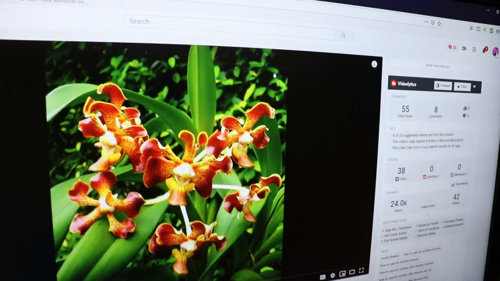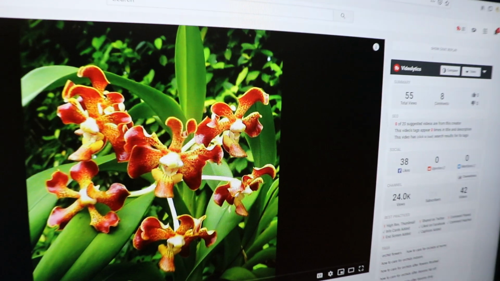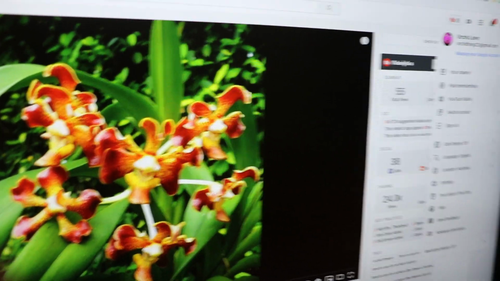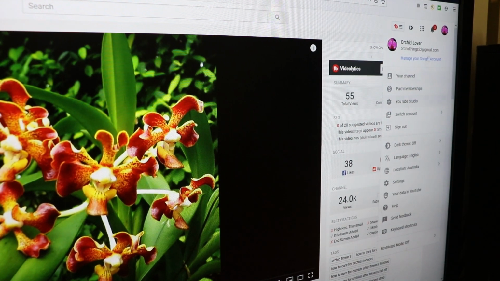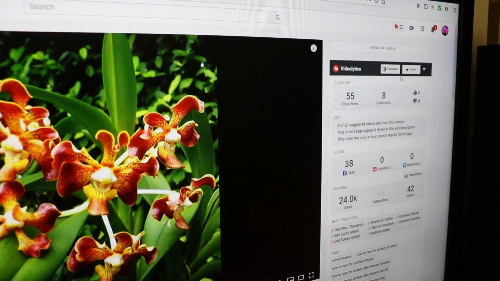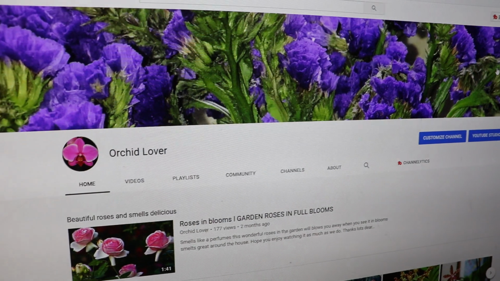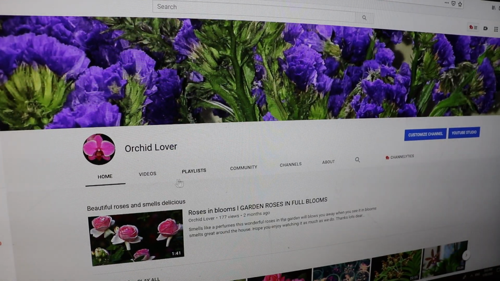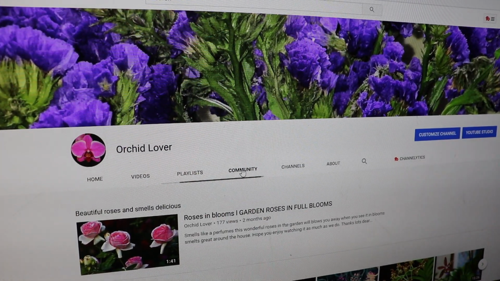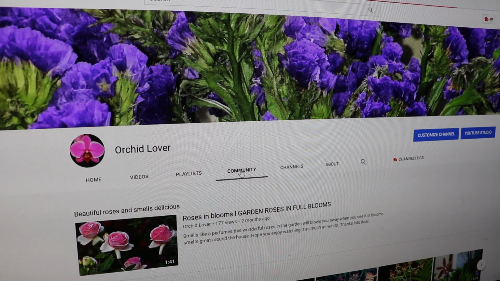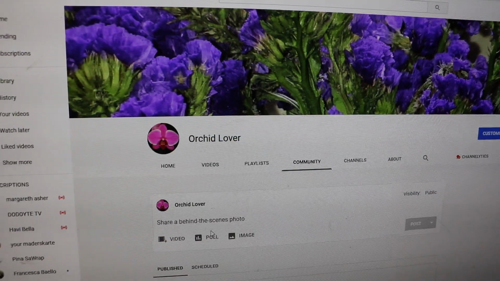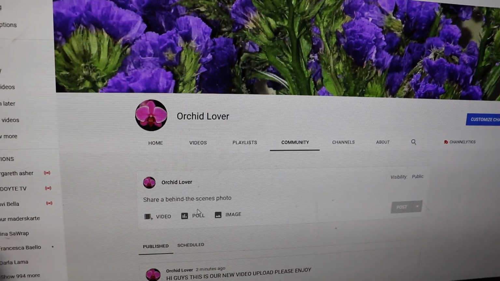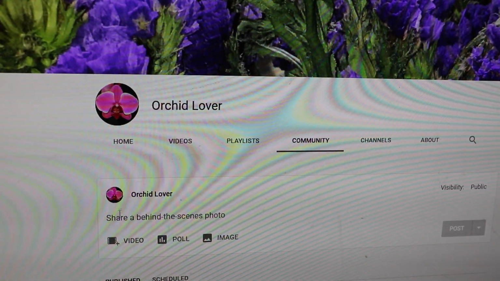Where are we? You go back here in your main account right there. Once you go back in your main account, just go back to your channel. Now you wait for a bit. Now we are here again in the main center. Go back here in the community right there, and let's go again for the second time that we have to get shared to you guys.